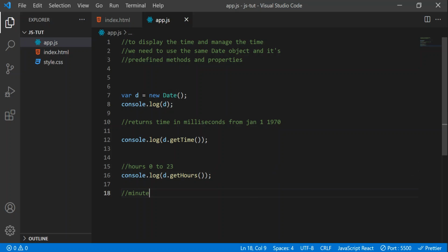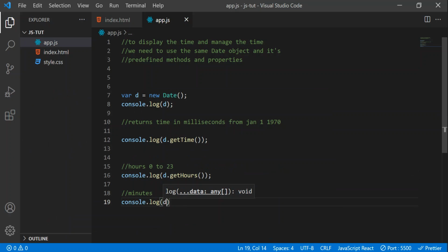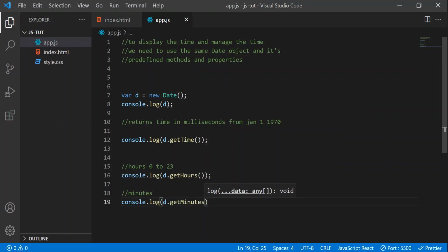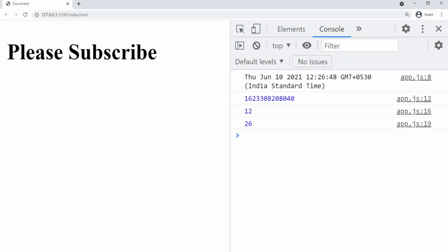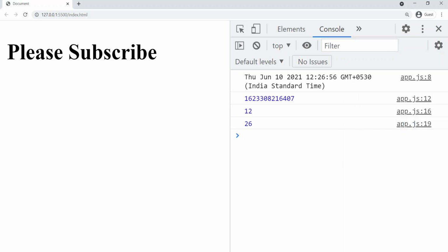Now let's see the minutes. Here I'll write console.log d dot, we have the same method, just we need to change to minutes, getMinutes, open the parenthesis, and now let's go to console. So now we can see we got the 26th minute, right now it is the 26th minute. Now it has changed to 27, but still we are not getting anything here. For that we need to refresh. Now we'll get 27 because it's static.